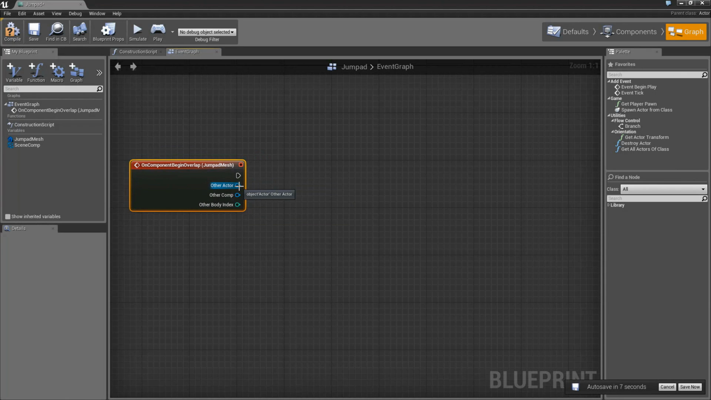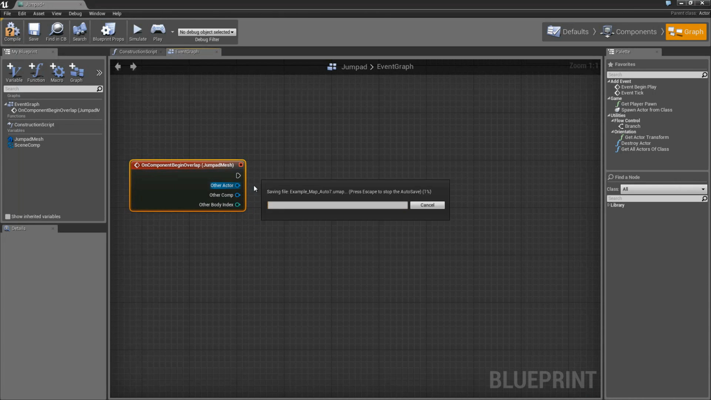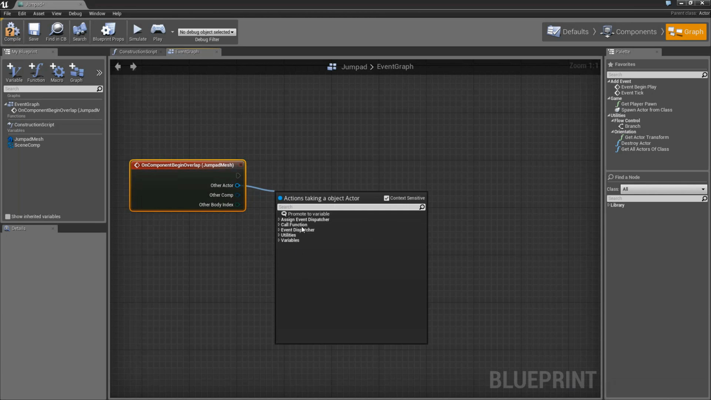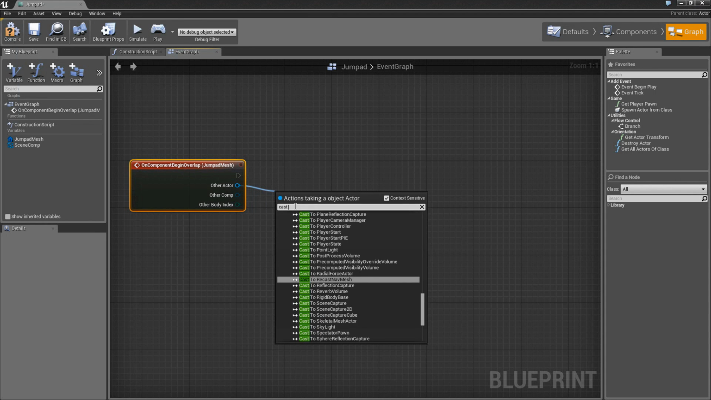And this Other Actor is the other actor that the jump pad has collided with, or that has collided with the jump pad. So I'm going to pull off of Other Actor, and by doing so, I've now popped up the context menu again, and this has all of the functions or variables that are relative to the other actor that I'm pulling off of. Well, I only want my functions to fire if the thing that's collided with my jump pad is a character. So I'm going to say cast to character,